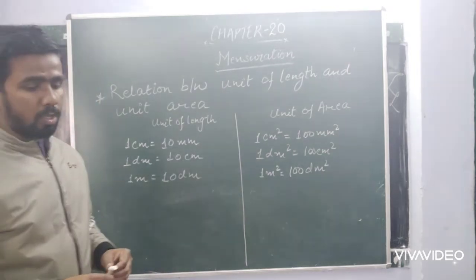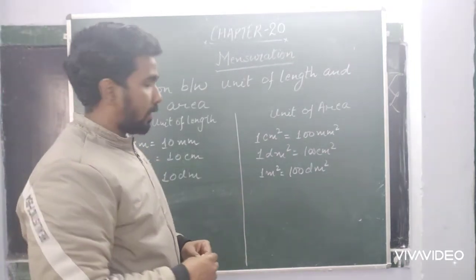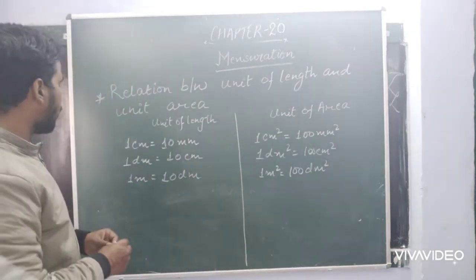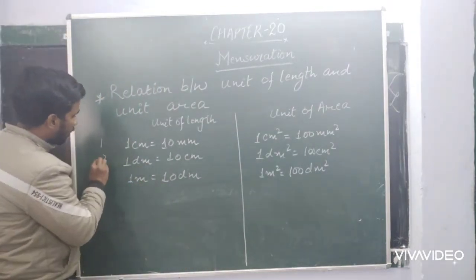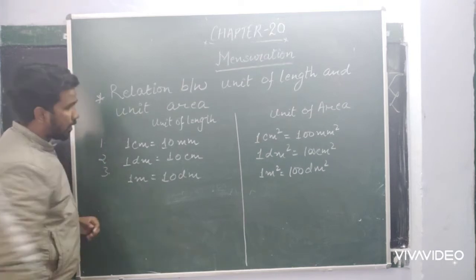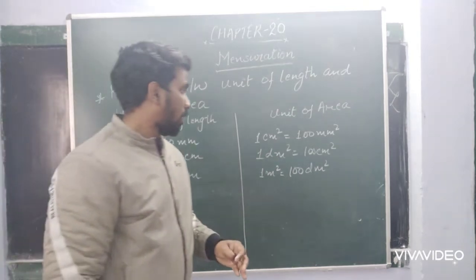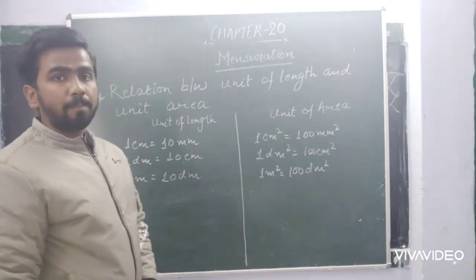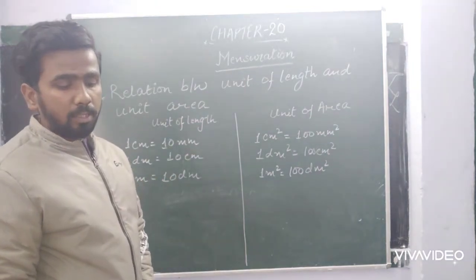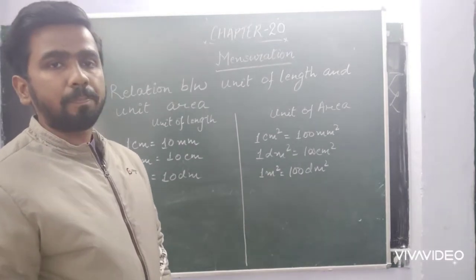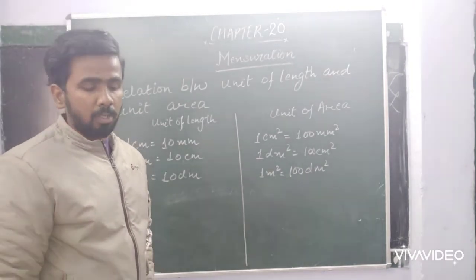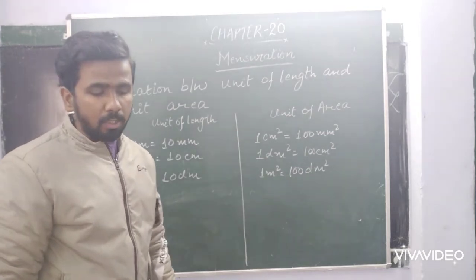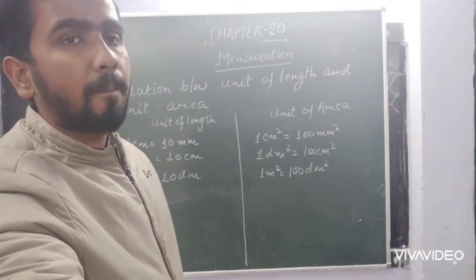There are some more things which are given in this table, but I have written only three points: 3 lengths and 3 areas. Okay, so remember it. If you have the book, then please memorize it. This will be very helpful to you. So now we are moving on to our next topic, that is the perimeter of some plane figure.